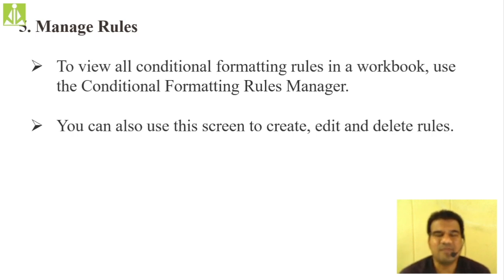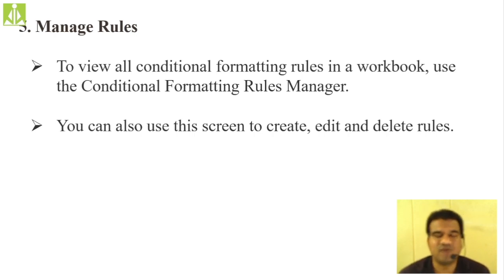Okay, so how is manage rules helpful? If you have applied 2-3 conditional formatting rules and you think only one rule has to be deleted, clear rules will clear all the conditional formattings you have applied on a set of values, isn't it? Clear rules will clear all the conditional formatting rules. But if out of 3 rules you want to delete only one, you have to do that with the help of the manage rules option. You have to go to manage rules and delete your concerned formatting rule from that list.